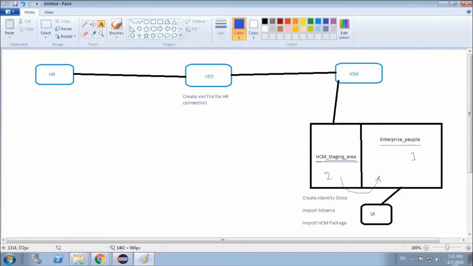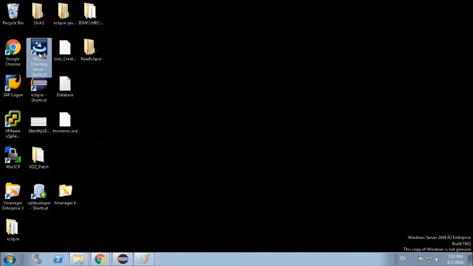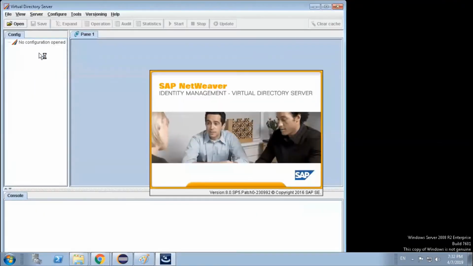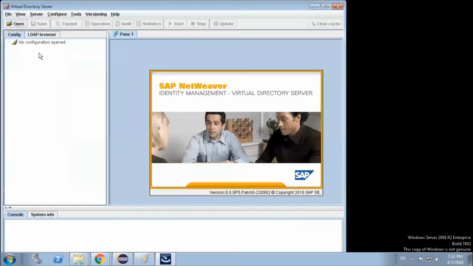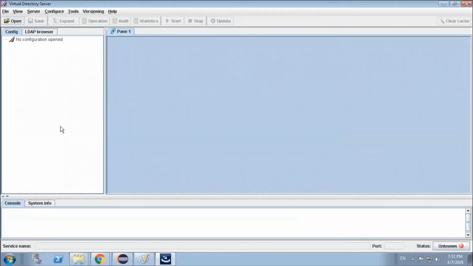Let's log into our VDS, which is there in our UI or on our desktop. Here we do not have anything now. In order to do our integrations, we have to create a new XML file. How to create? Go to File and click on New.